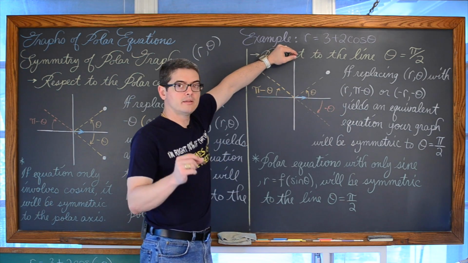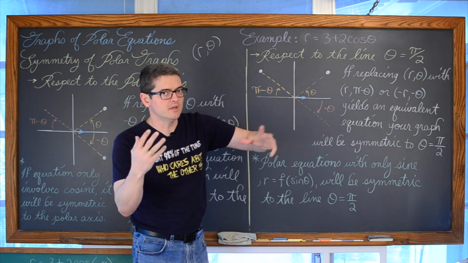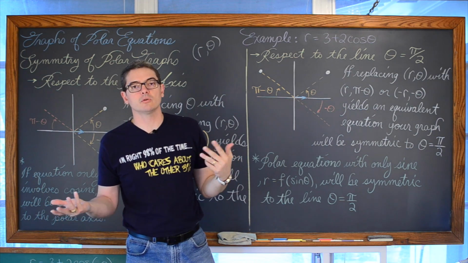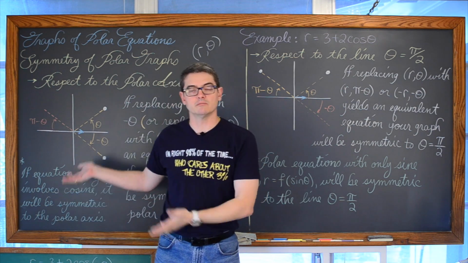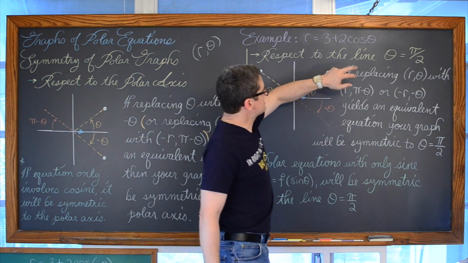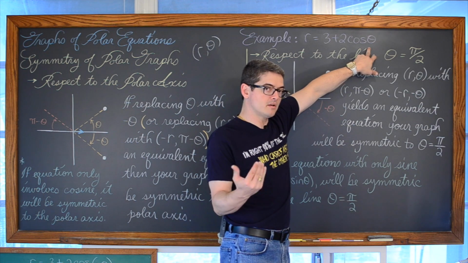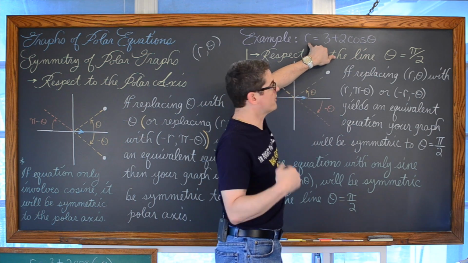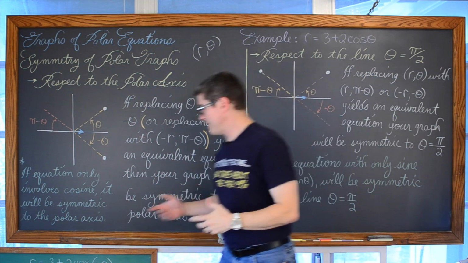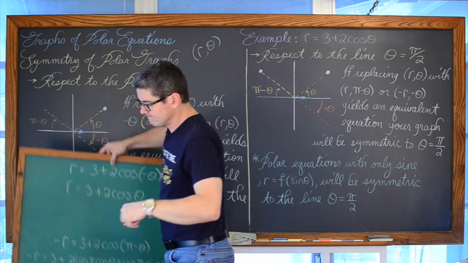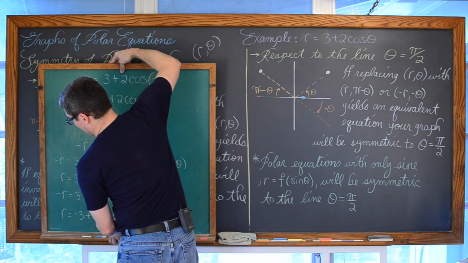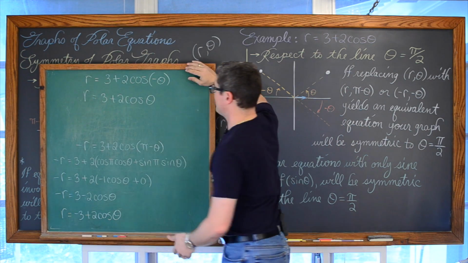but assuming I didn't give you that little shortcut tip, other types of polar equations can also be symmetric to the polar axis. Otherwise, if that's all there was, I wouldn't need to be teaching you some kind of check, right? Okay, so if we replace theta with negative theta and it simplifies to get back to the original equation, or take out r and replace it with negative r, and take out theta and replace it with pi minus theta, if that also simplifies to the original equation, or both checks don't have to pass, but if that one substitution worked, then we could be guaranteed to have symmetry to the polar axis.